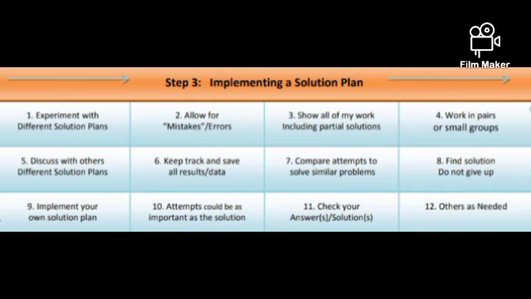8. Strategy: Find a solution. Do not give up. Along the way of solving the problem and implementing a solution plan, you may encounter challenges and difficulty, and these challenges and difficulties may get you stuck and you find yourself unable to go on and proceed with the solution because you